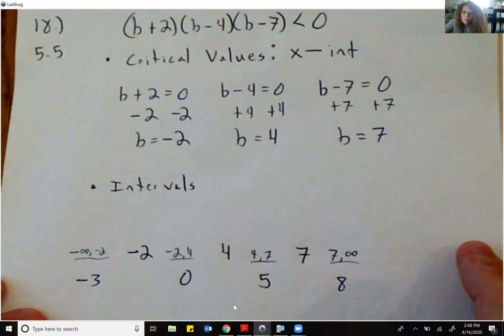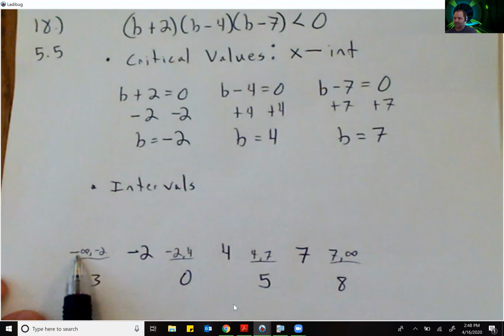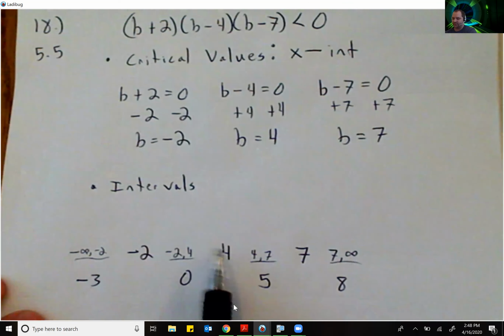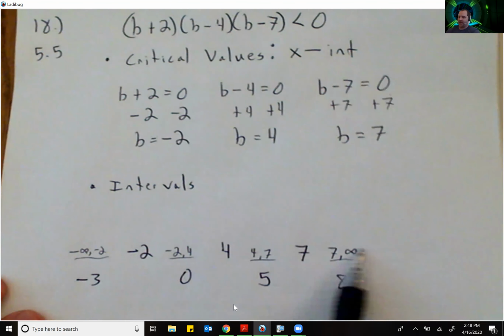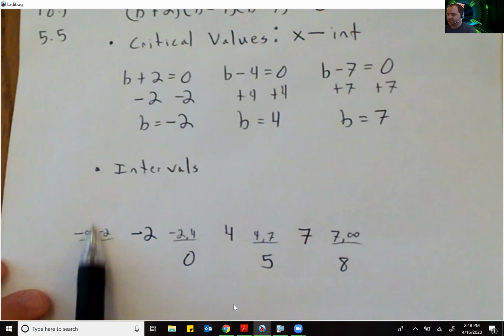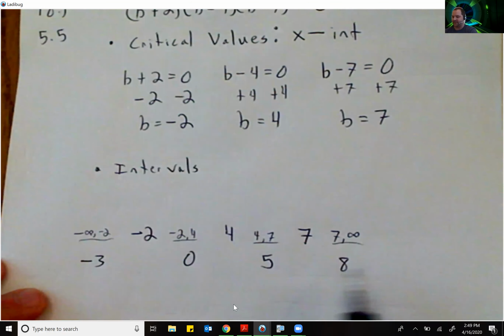So, based off of the critical values, we have 4 intervals. -infinity to -2, that's what this interval is all about. -2 to 4, that's what this interval is about. 4 to 7, and 7 and above. And again, we're picking values in each one of these intervals: -3 is in this interval, 0 is in this interval, 5 is in this interval, 8 is in this interval,